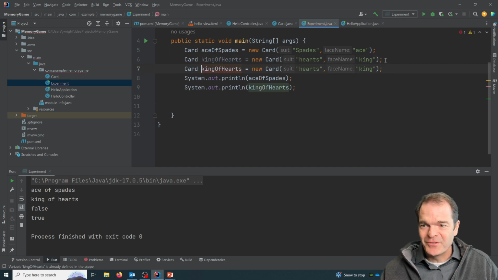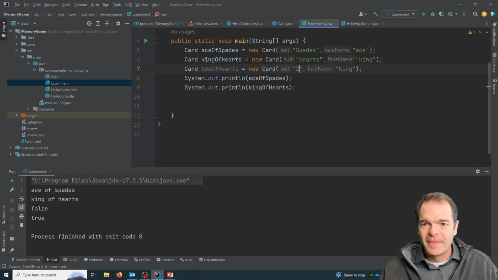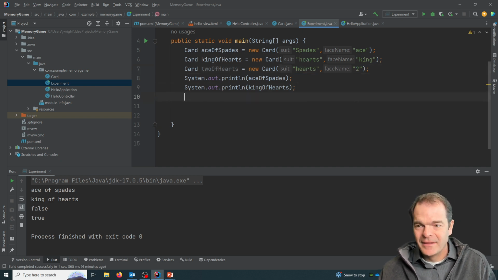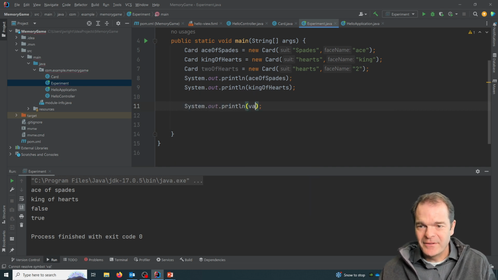Let's do a simple card as well. Let's do the 2 of hearts. Whoops. Okay, so if I say the value here,